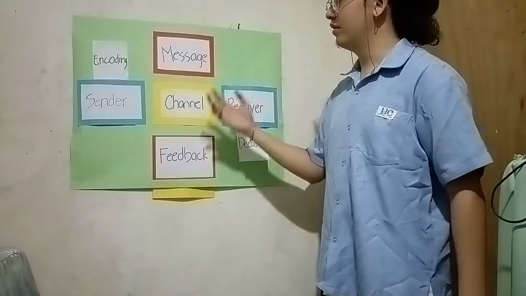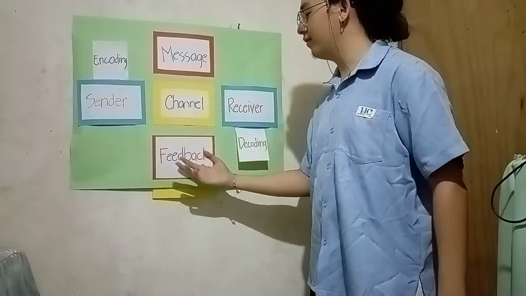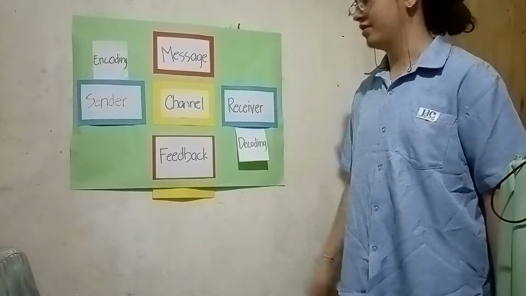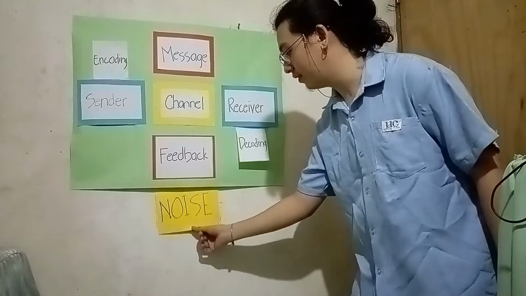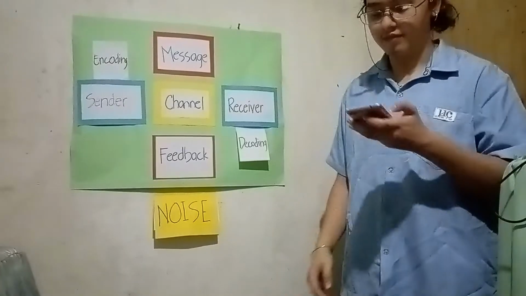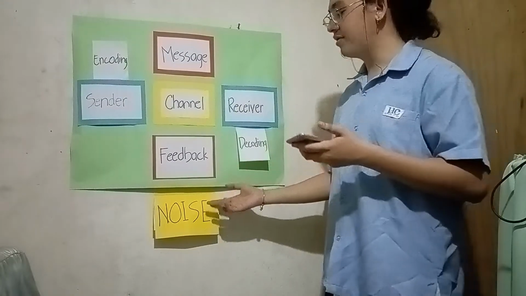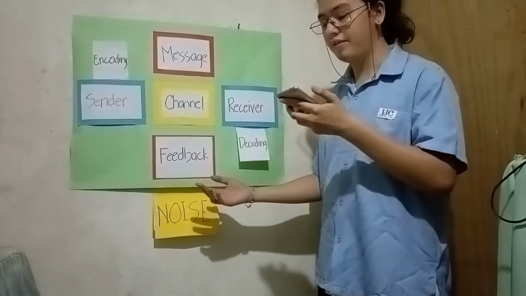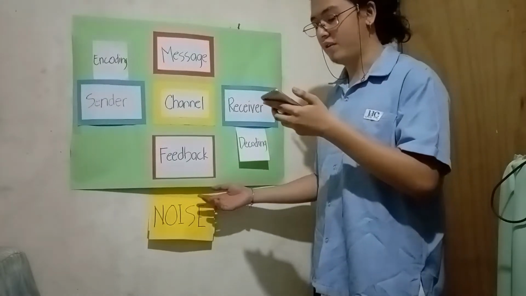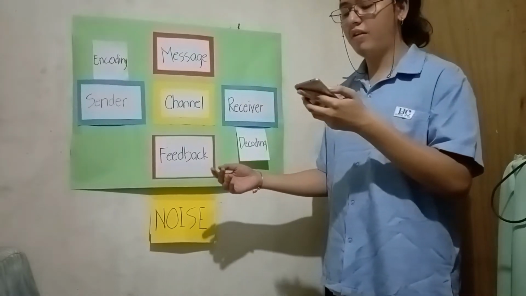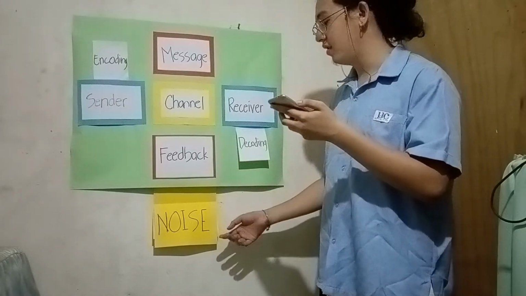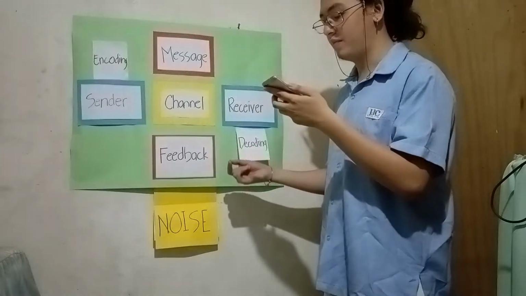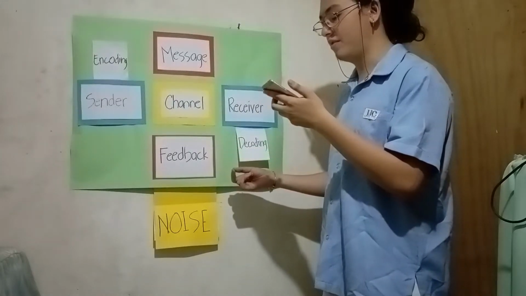There is also another factor or element that will affect this whole process, and this is the noise. Communication noise means any barrier to the effective communication process. Noises bar the effective communication process between senders and receivers. The different types of noise in communication are